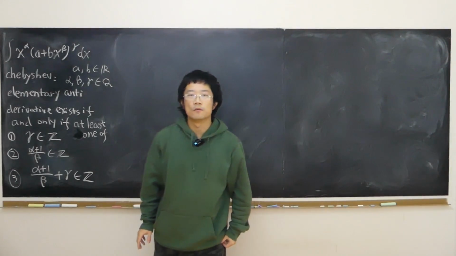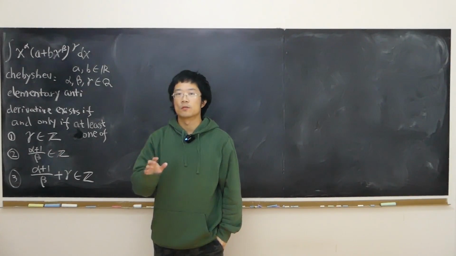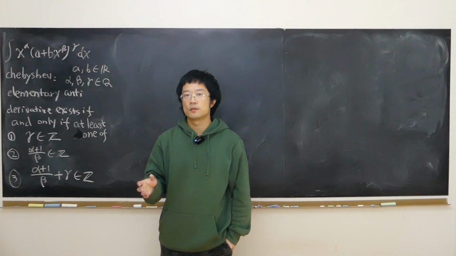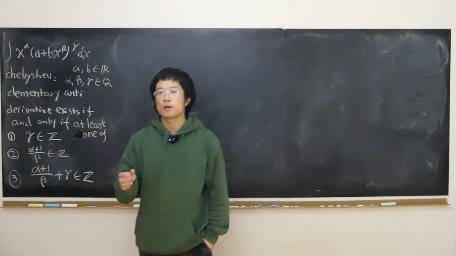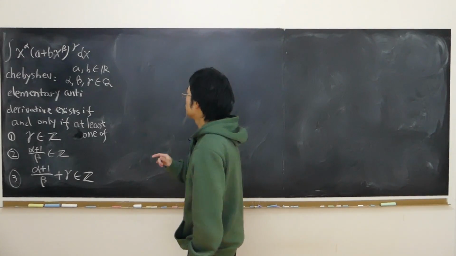How do we solve it? How do we find the antiderivative of integrals that involve roots? For example, square roots, cubic roots, or roots within roots. I'm talking about rational roots. So here,